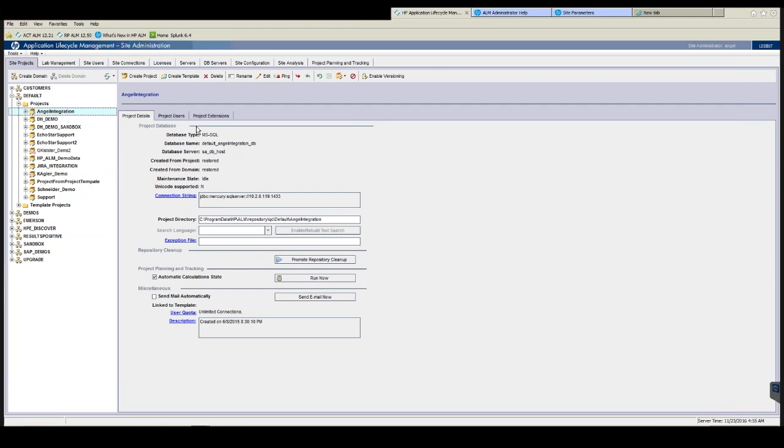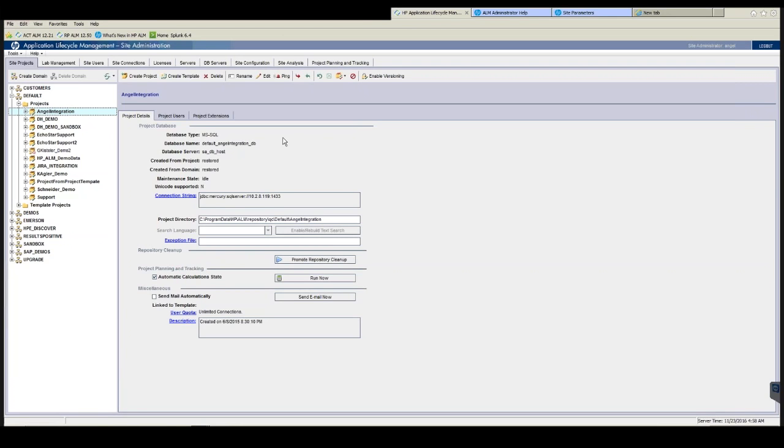The site projects tab is where you actually create domains and create your projects. As you can see, if I scroll down into the specific projects, you have these middle panes for the project details. This is where you can select different functionality. Next is send mail automatically, a functionality where you can send users email within your projects, like notification email for any changes you want to send to the developer, or a workflow where, if the status of your defect changes, you can send an email directly to the developer or notify QA that